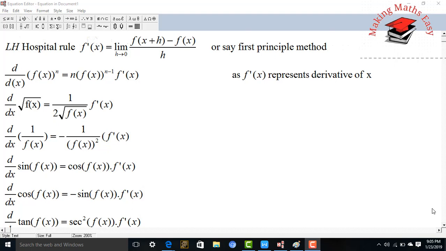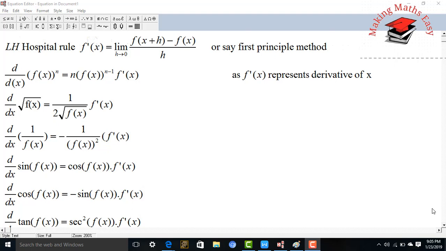So here, to find the derivative of any function using the first principle, we use f dash of x equal to limit of h tends to 0 of f of x plus h minus f of x